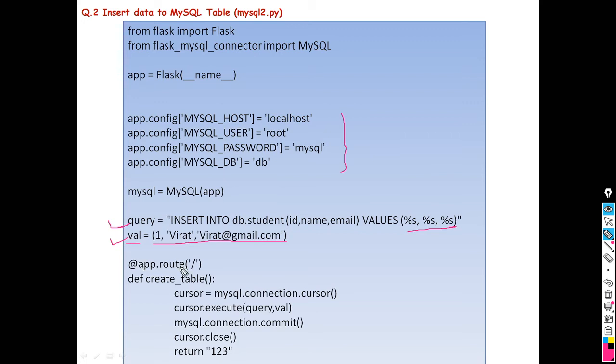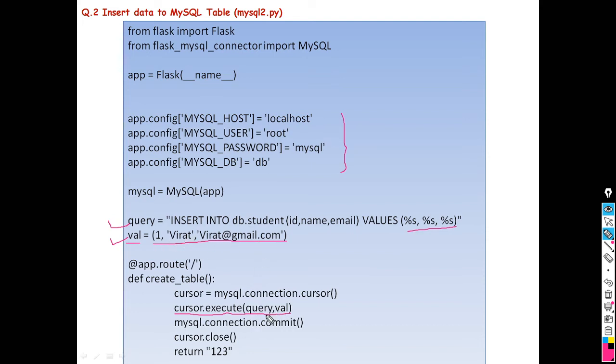Then right here, the URL, write one function name, define cursor here, so we have defined cursor. Then when we execute this one, right here cursor.execute(query, val). This is your query and this is your value, the value of the record.